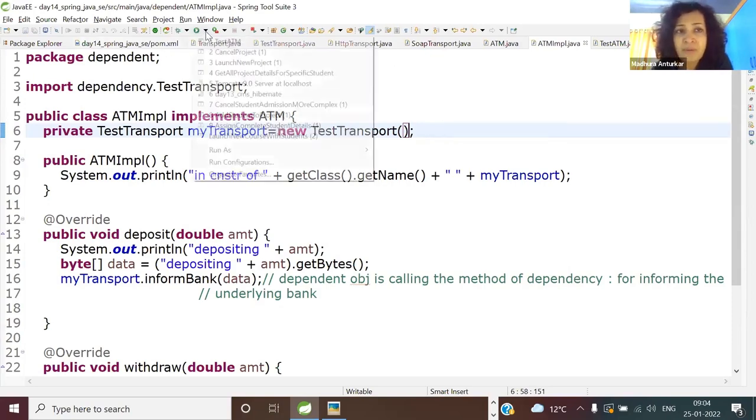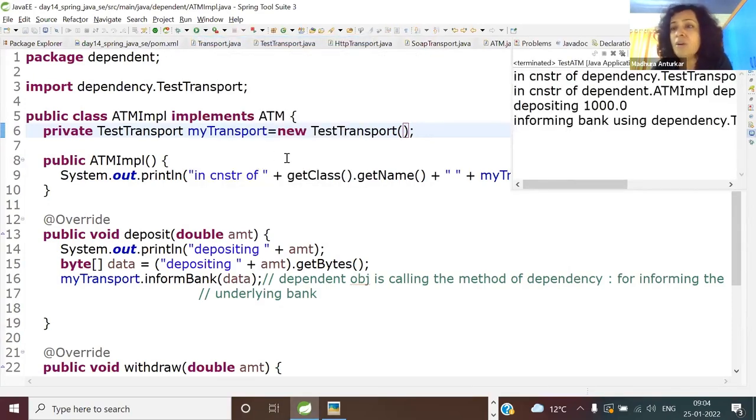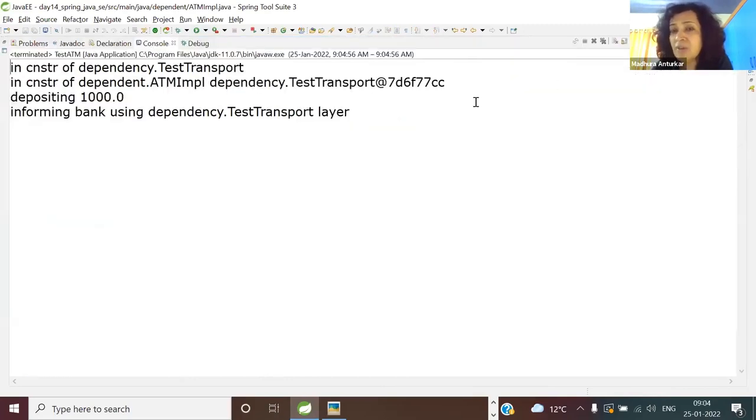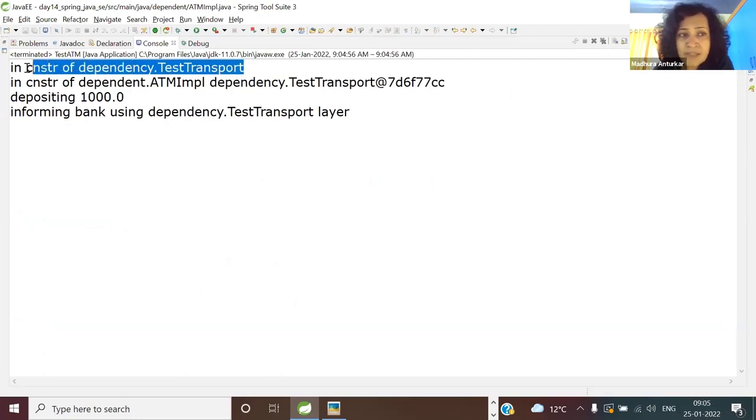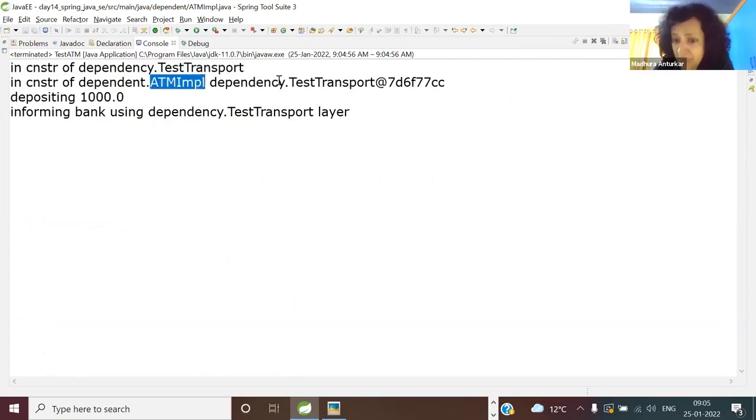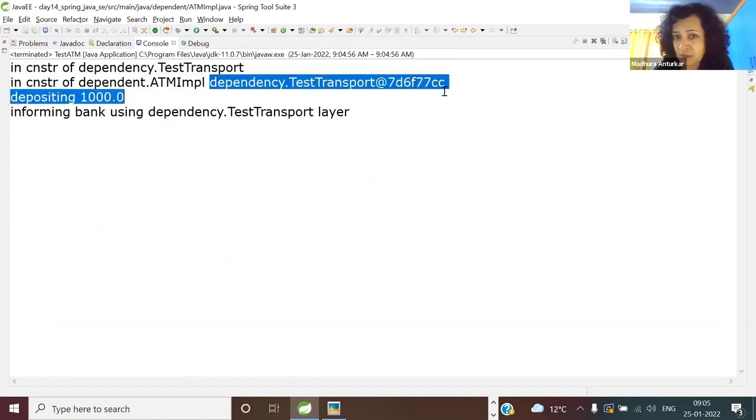And now, when you run again, what do you expect to see? Zero null pointer exception. So which object is getting created? The dependency object, the test layer, is getting injected. It is calling the ATM implementer. I'm just printing the dependency value. It is not null. So we are getting that dependency properly.